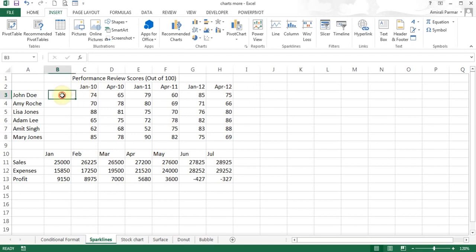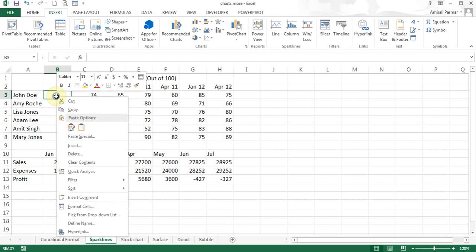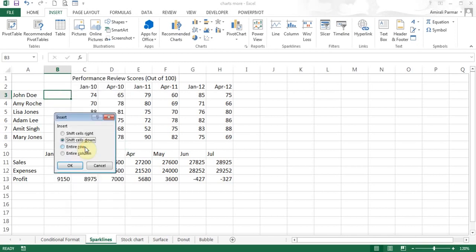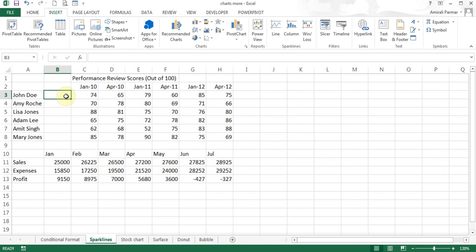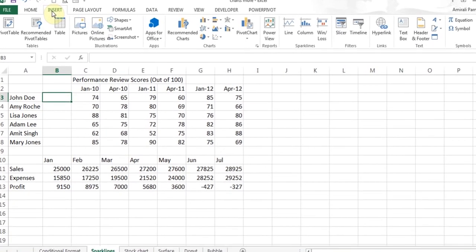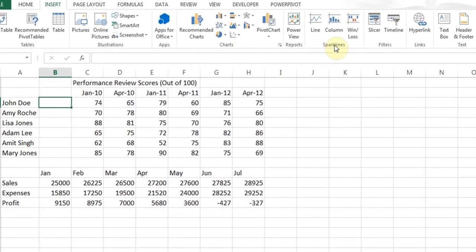So you can always insert a column here if you did not have one, by right clicking and then choosing insert and then choosing to insert an entire column. So it's already there. Now in the insert tab, there is a category here called Sparklines. I believe this feature is also there in 2010. I'm not sure about 2007. You may look into it and see if you see it. So here I choose line,